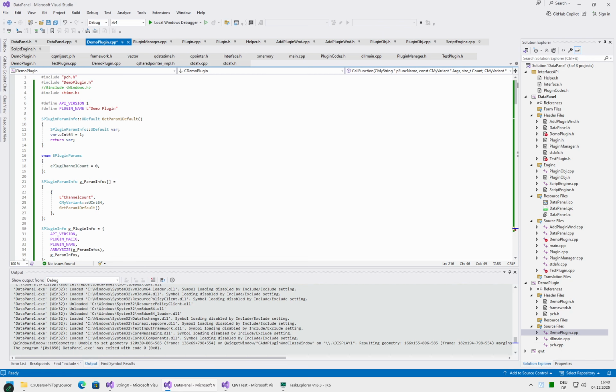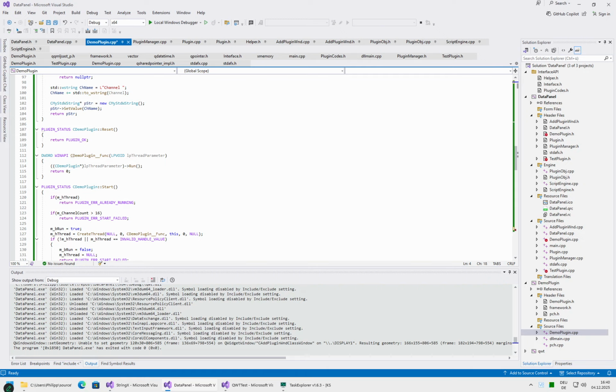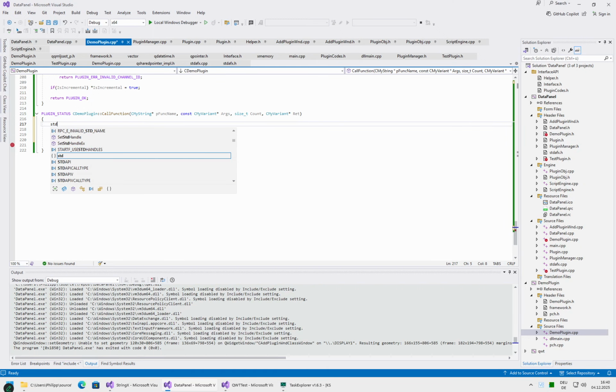But we can edit. So first let's hash include string. So we can of course use STL inside our plugins. It's just not great to use it across the plugin application boundary. std::string message is equal